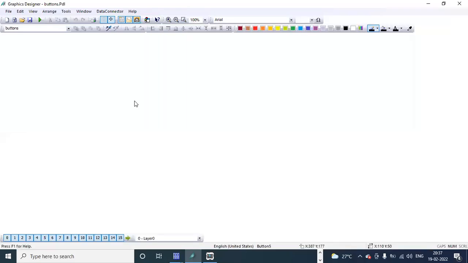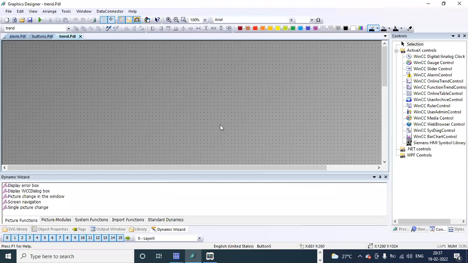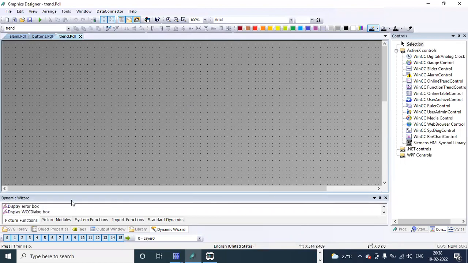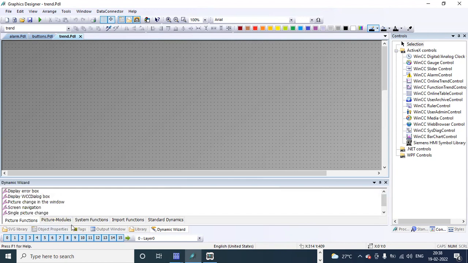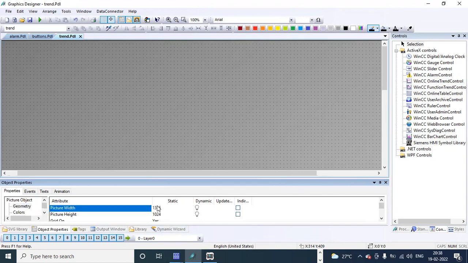Double click to open trend. For this window also, I will give the settings from object properties, geometry 1366, 668.